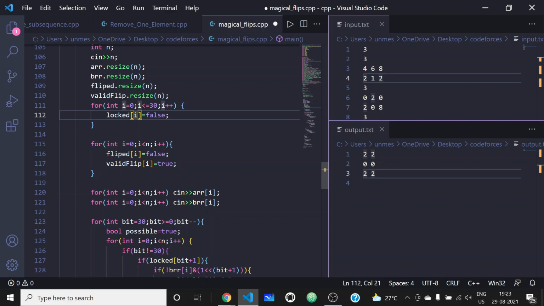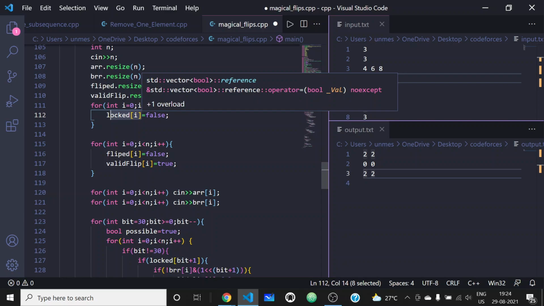I have used the term locked because if that bit has been set to one, we need to be careful while flipping a card, because if we are flipping a card, then the card before flipping and the card we get after flipping, both the cards should have the set bit at the bit for which locked[i] equals true. So that is why I have used locked.